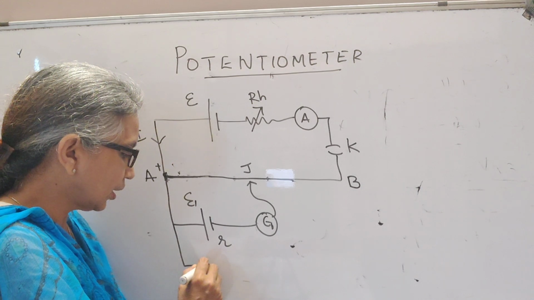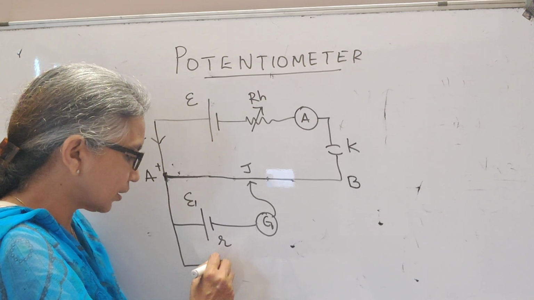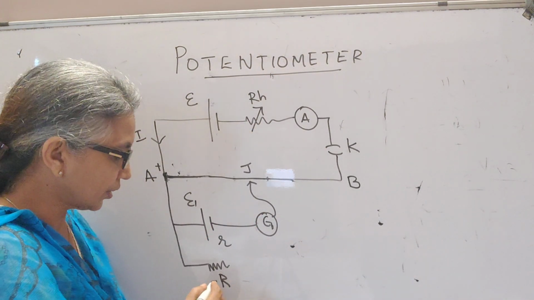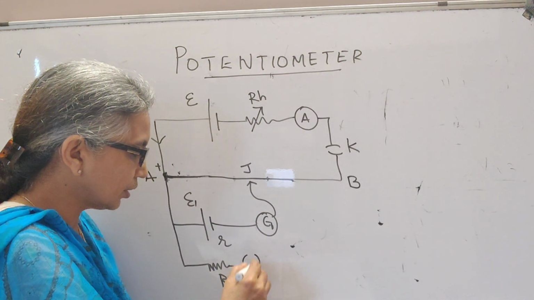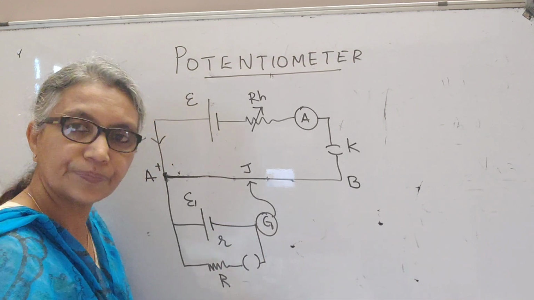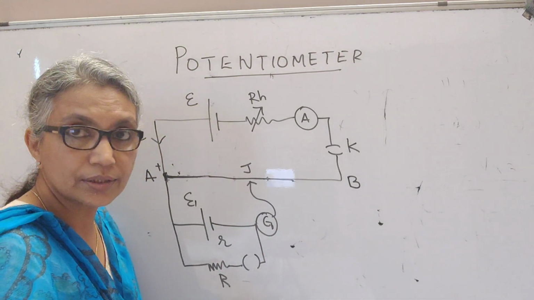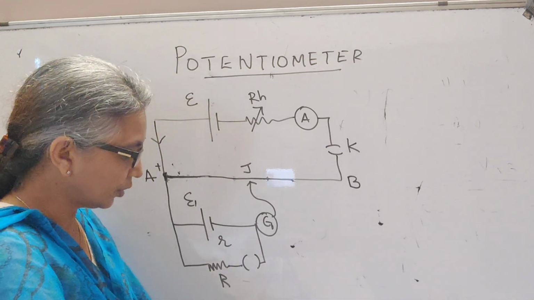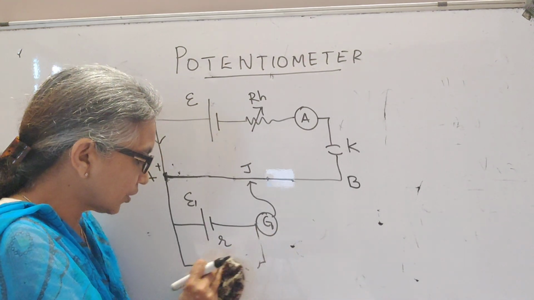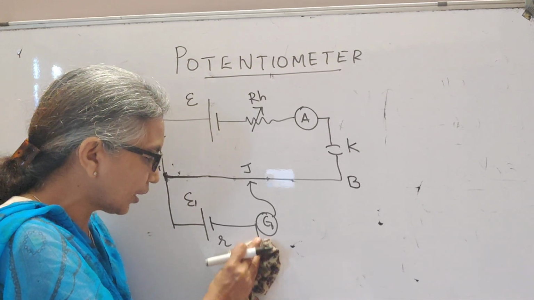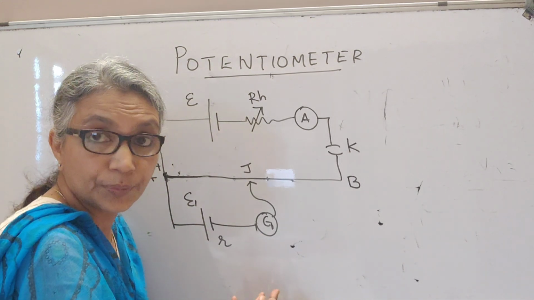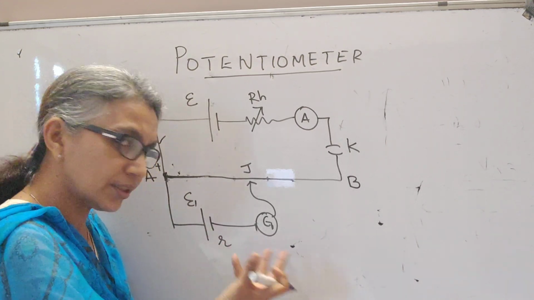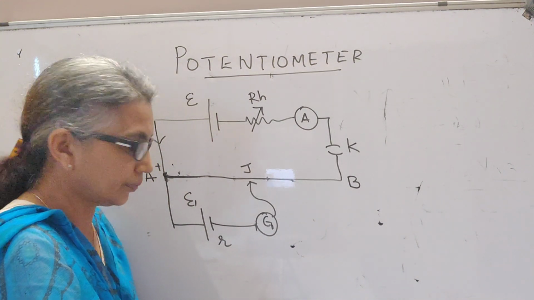Now here I will give another resistance, which I will call R. Here we have the rheostat. Here I have resistance R and I have connected a key here like this. Okay. Now first I will keep the key open. If the key is open, it means that this branch is not connected at all. This branch cannot carry current, right? Because your key is open, there is an air gap, and so no current is going to pass through this, meaning this is equivalent to not being connected.